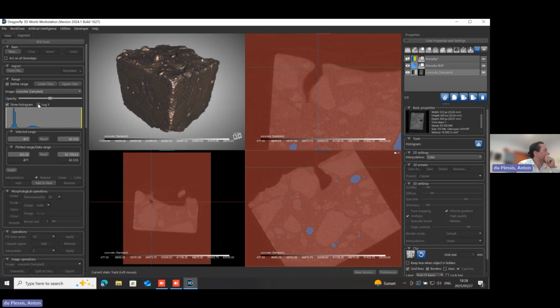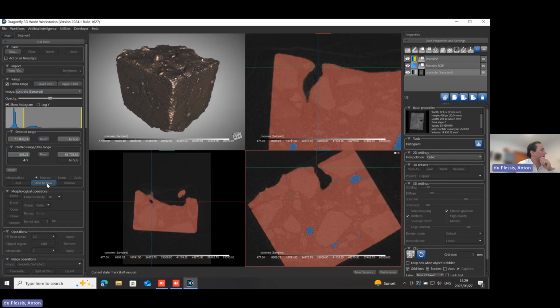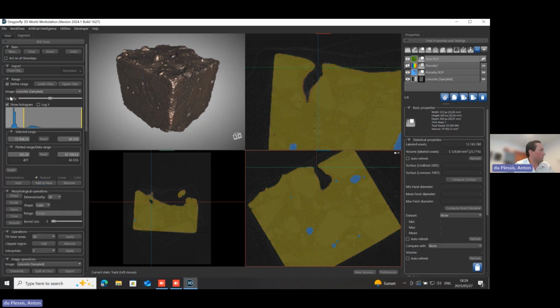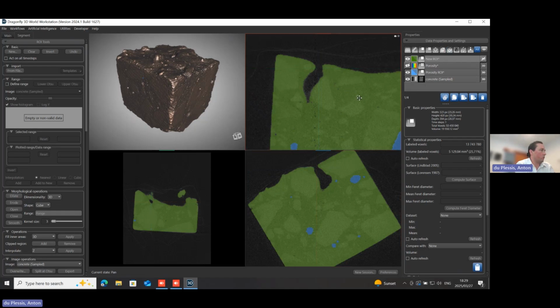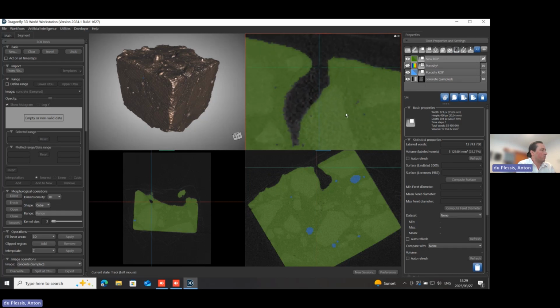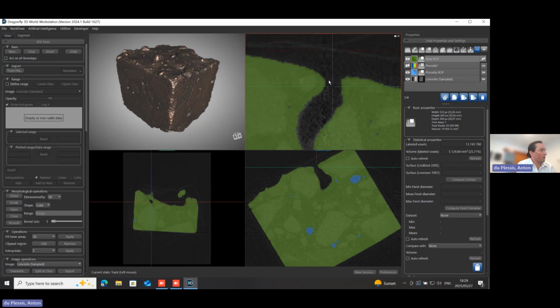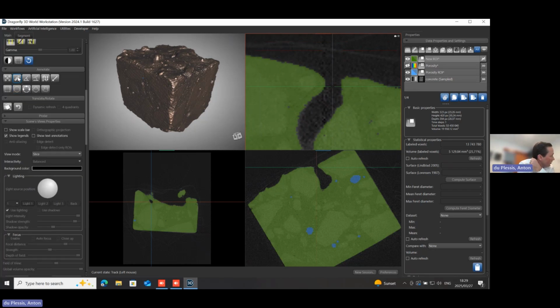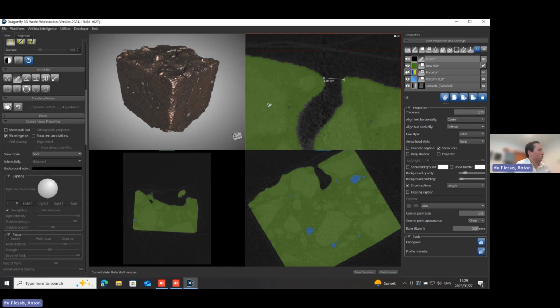In this case, we're interested just in defining the basic upper Otsu, which is the bright part, the material fraction. So I put the tick box off, and at this point, we can do a hole filling. The thing about the hole filling is we need to understand what the width of the hole is that we want to fill in order not to waste too much time. So I will go in the main panel and use a ruler annotation and check what the width is there. It's just below 1 millimeter. So I'm going to just delete that ruler.